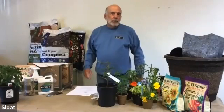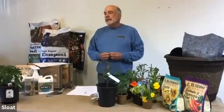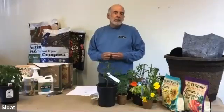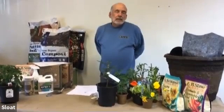tomatoes are closely related to the potatoes and the peppers. That means that they have commonalities with them, which unfortunately include a lot of diseases, and that's partly what makes them tricky. And the other thing that makes them tricky is that we in the Bay Area have a wonderful long growing season,